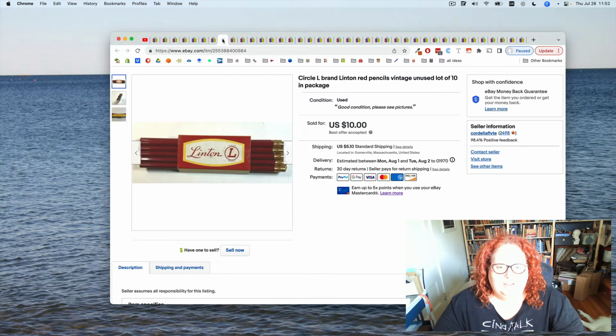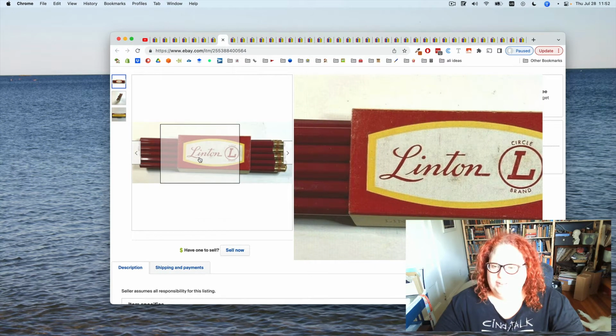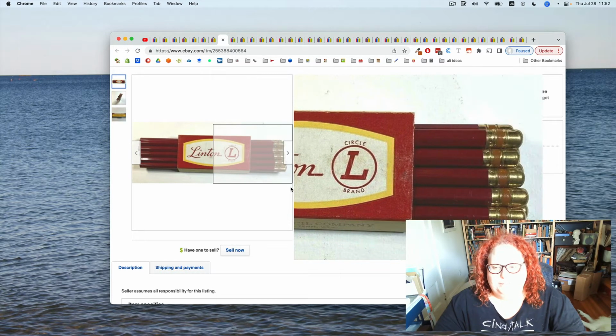Next. Okay, these are some red pencils, vintage. And the person who bought these had the last name of Linton, strangely enough. So that's why these sold. I find that,